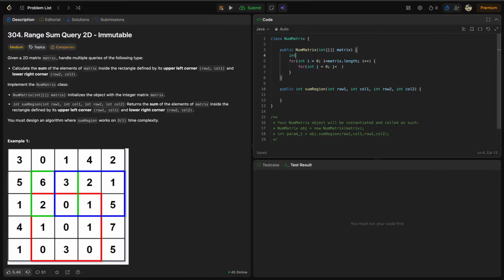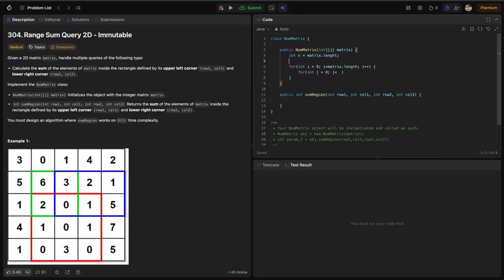So int n equals to matrix.length, int m equals to matrix[0].length. अब ये n तक रहेगा, ये m तक रहेगा, एंड j प्लस प्लस।